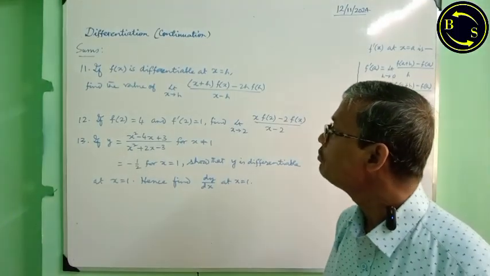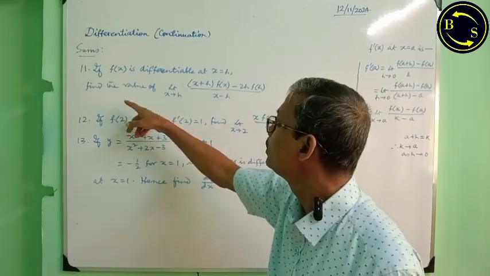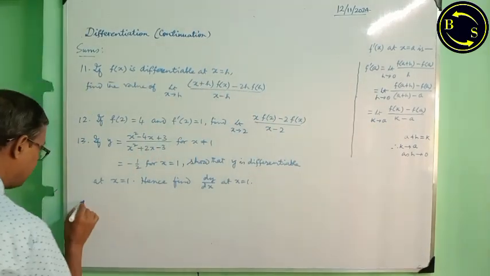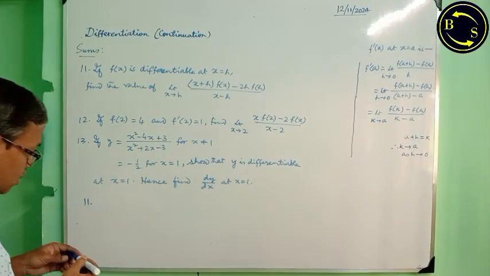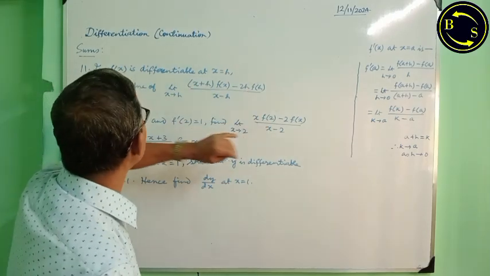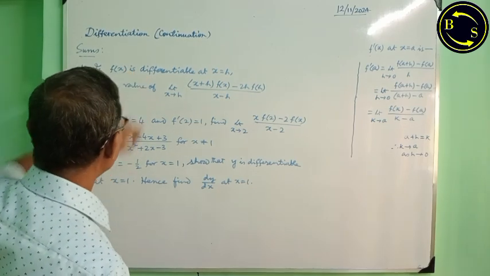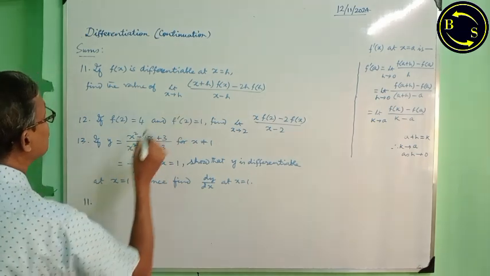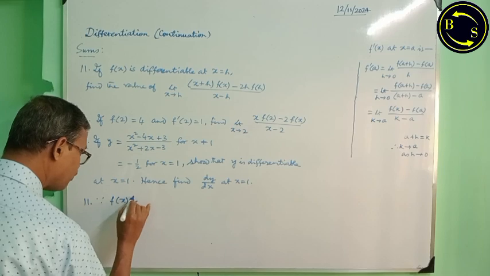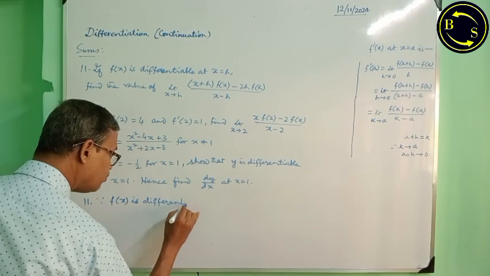Now next problem, question number 11. If f(x) is differentiable at x equal to h, find the value of this one. Number 11. Here we have to find the limiting value of this, and the extra condition is it is differentiable at x equal to h. We start like this. Since f(x) is differentiable